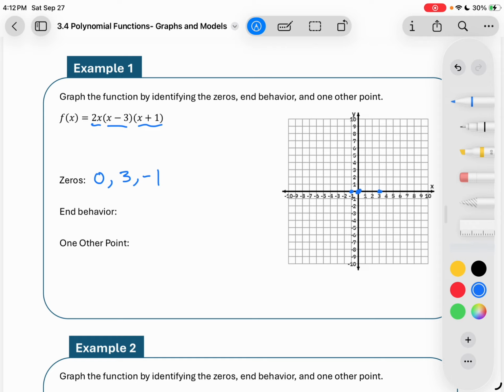Now the end behavior, standard form is good for that. So you might think we'd have to multiply this out. However, we don't have to multiply the whole thing to find out what the leading term would be. The leading term would come from multiplying 2x by x, and then that multiplied by x. So the leading term